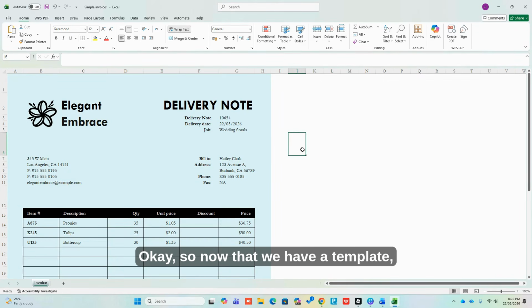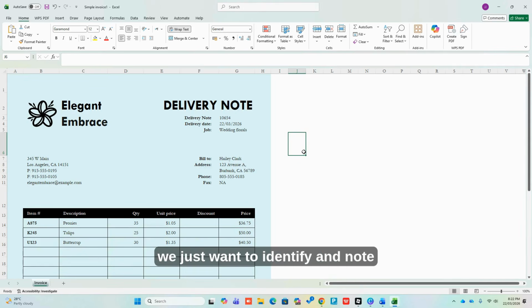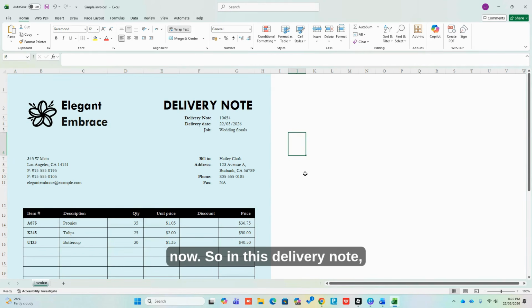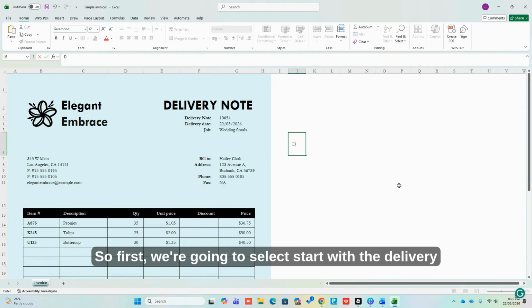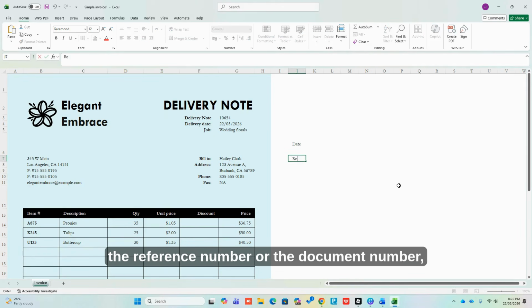So now that we have a template, we just want to identify and note on the side what are the data that we need in our summary now. So in this delivery note, what are the information that is required or are important? First, we're going to start with the delivery date or the transaction date. The reference number or the document number,